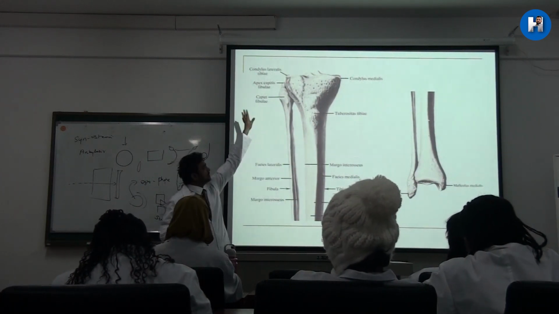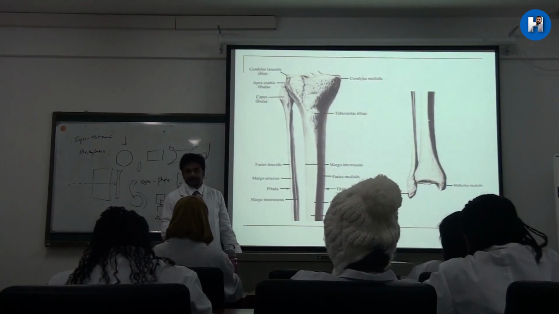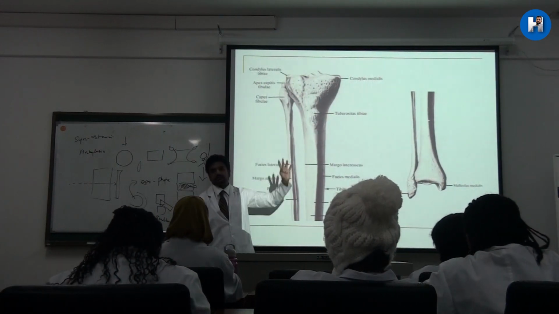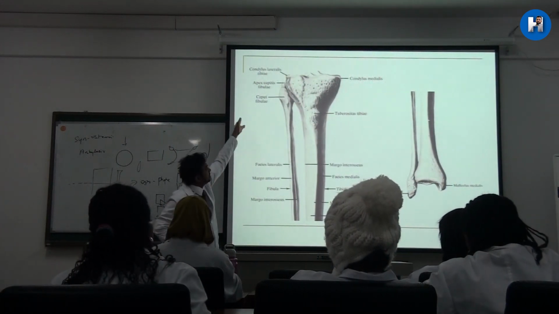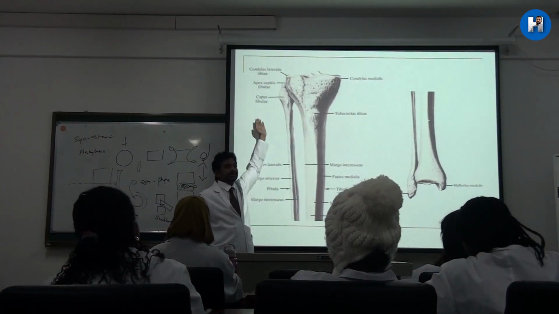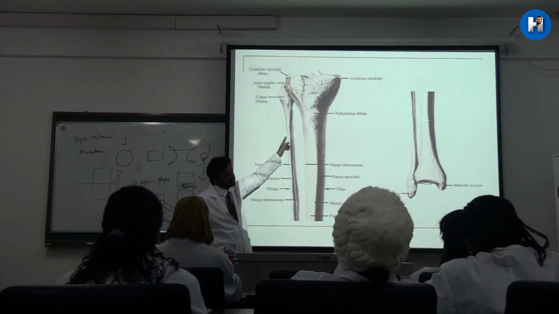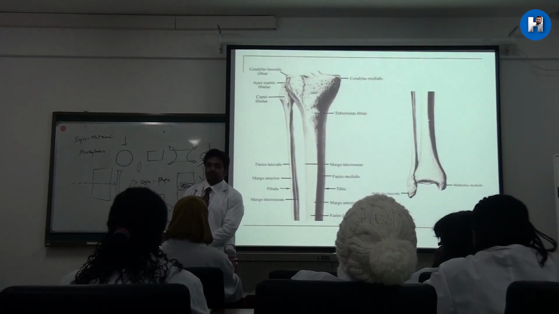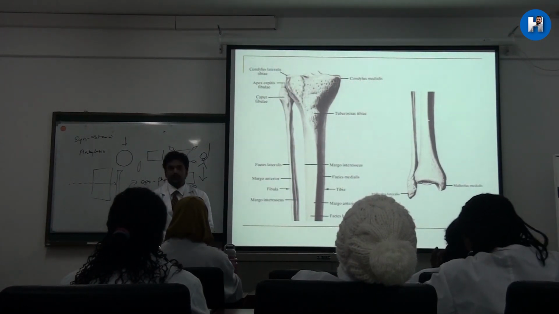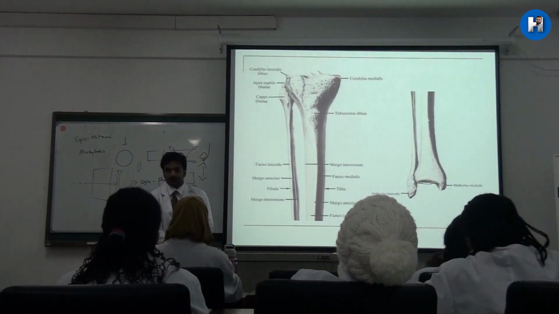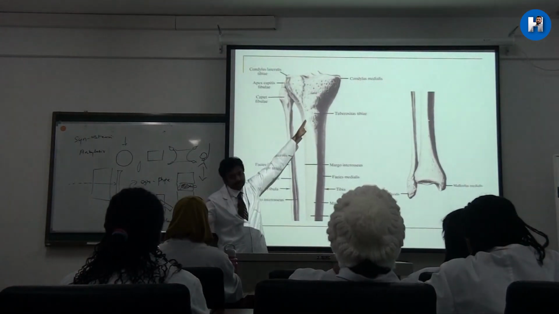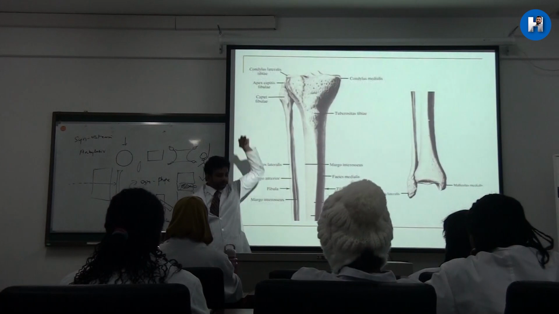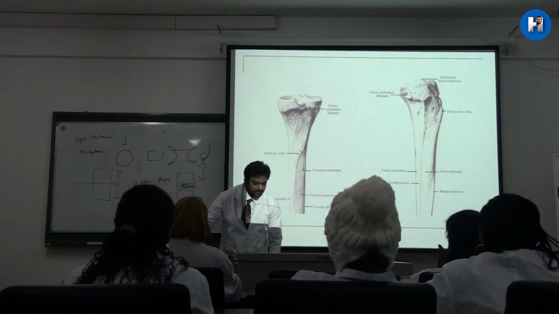Now you can see the upper extremity, or upper part, of the tibia and the lower part of the tibia. Now we will be explaining the upper part of the tibia. You can see the tibia has two condyles, the medial and lateral condyle. The lateral condyle attaches with the head of the fibula, so there is an articular surface for the head of the fibula. These are called condyles.